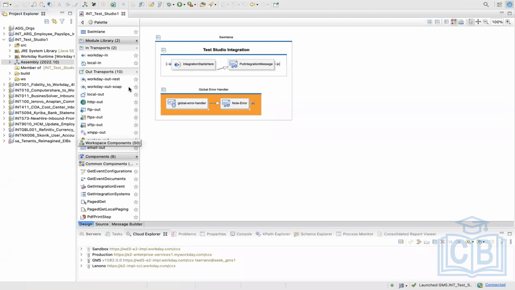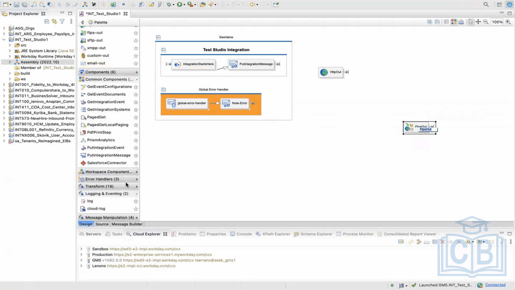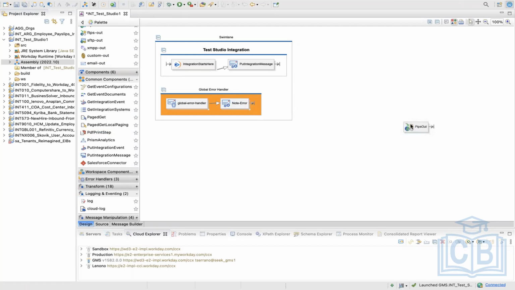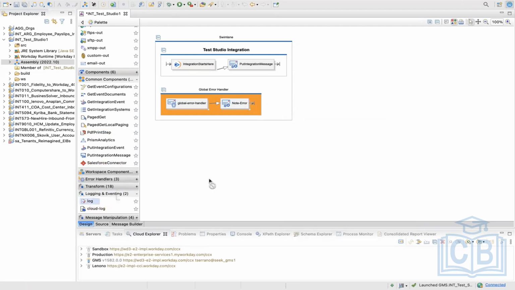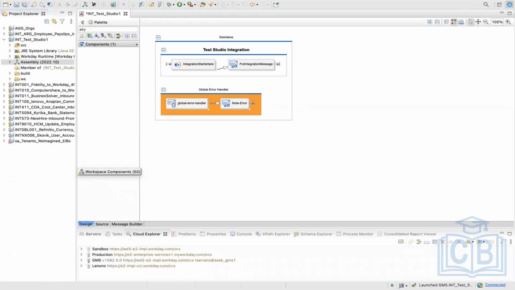One is the kind of components which can directly be dragged and dropped, like FTP, HTTP, right? Get, put integration message and all those. These are the ones which can directly be dragged and dropped. But there are a few which cannot be. Like if you see this log one, if you drag it, it will not go, right? Why? Because for them, we need a placeholder, and for that, the component that we use is called